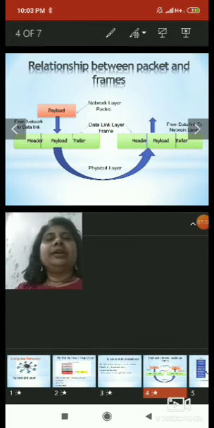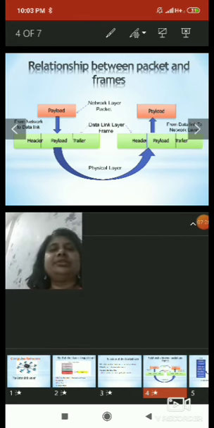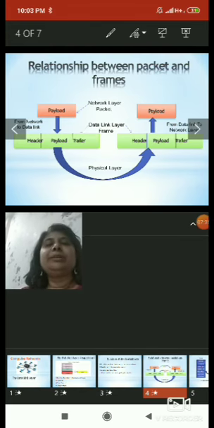Now the original payload is delivered to the network layer of the receiver machine. So in this way, the sender sends data to the receiver. This is the relationship between the packet and the frame. Payload is nothing but a packet which is converted into a frame in the data link layer.